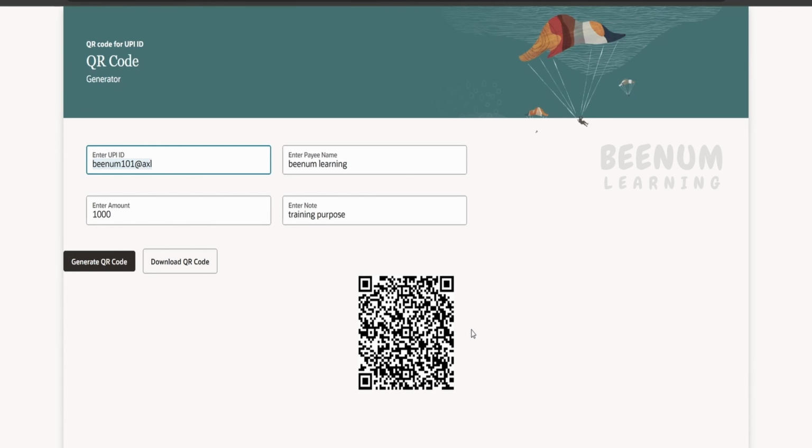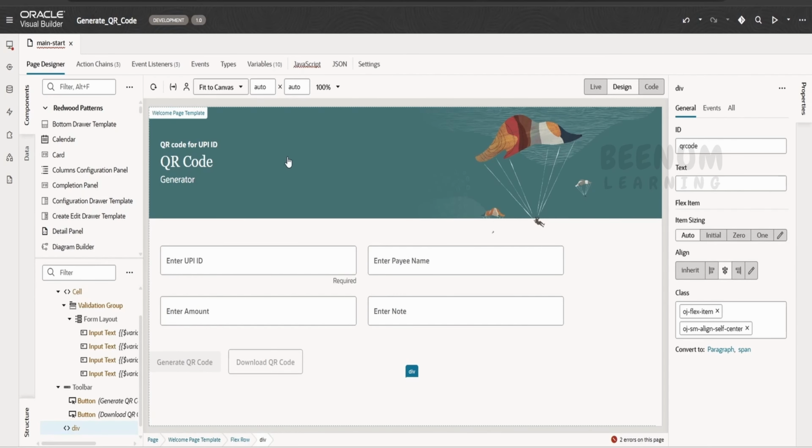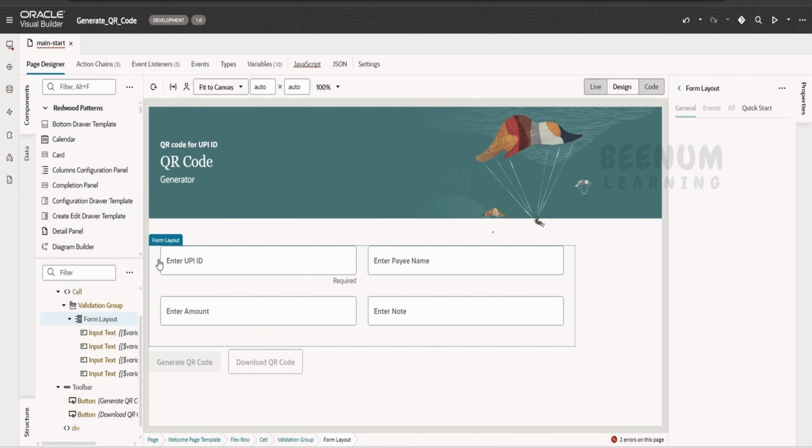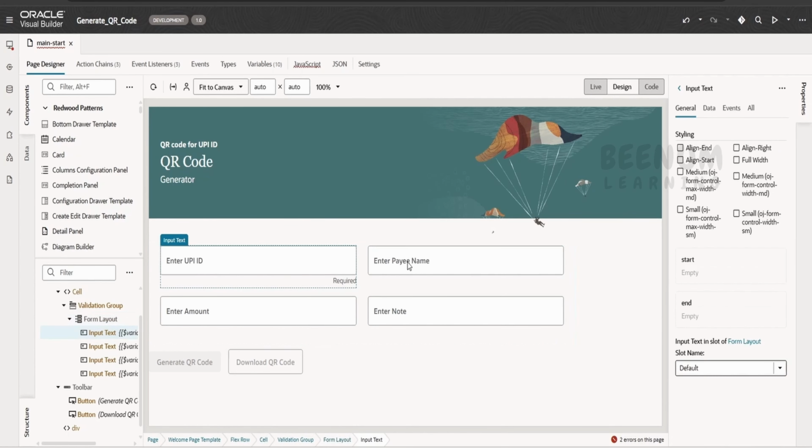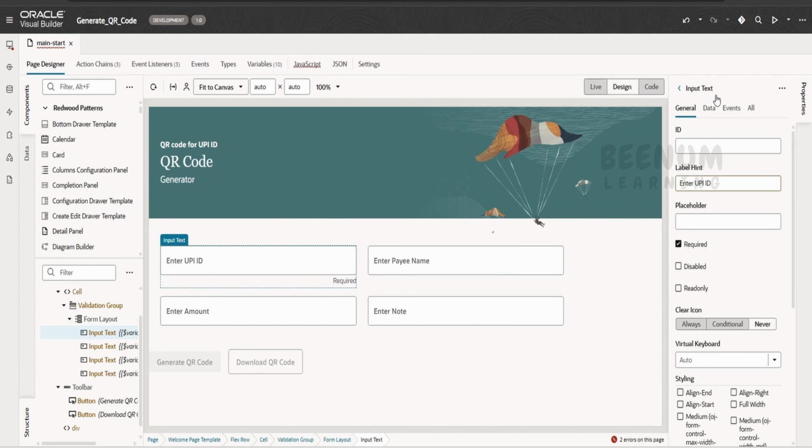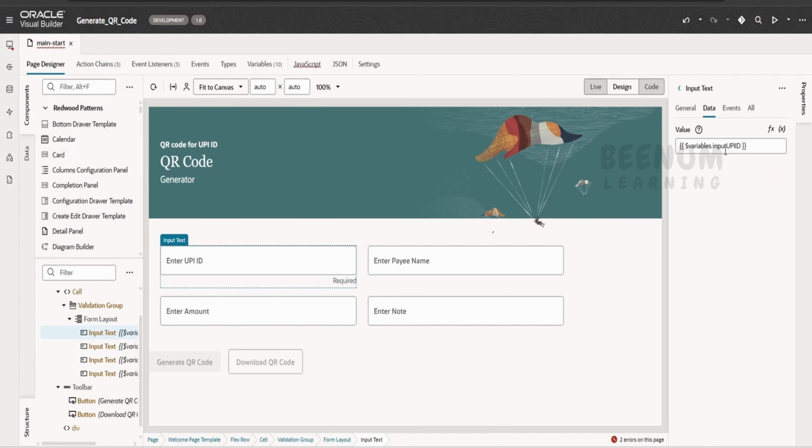Now you'll see how I have achieved the same using Visual Builder. I have created a very simple application using the Redwood Welcome page template. I have added a form layout and four input text components. One is to accept the UPI ID, and I have created a variable to store it as soon as the user enters it. The payee name I'm storing in the payee name variable. The amount I'm storing in the input amount variable,